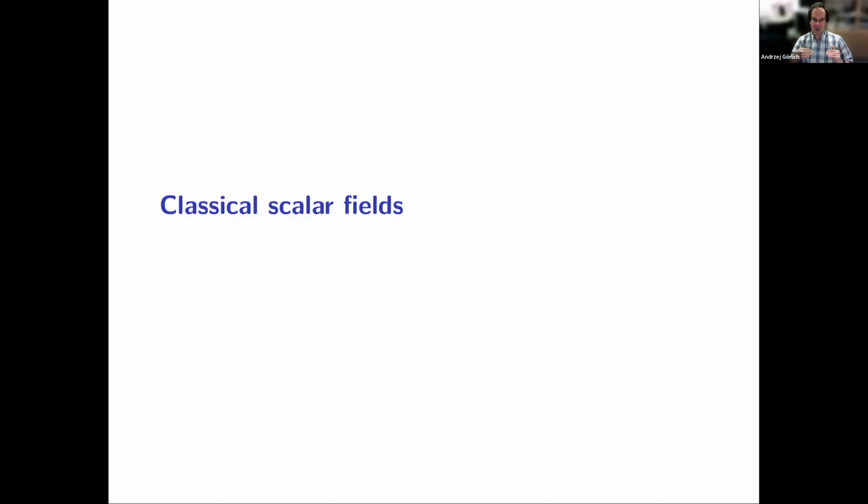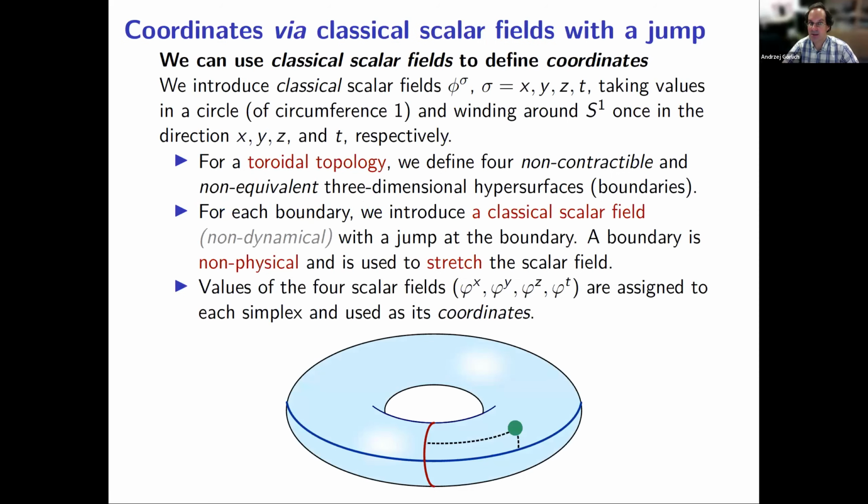And now we can put scalar fields on the triangulation. The first approach is to put non-dynamical scalar fields. So we are just given by Monte Carlo simulations a triangulation, and we put scalar fields on top of it, and there is no back reaction of the field on the triangulation. There is no coupling in the action between the scalar field and the triangulation.